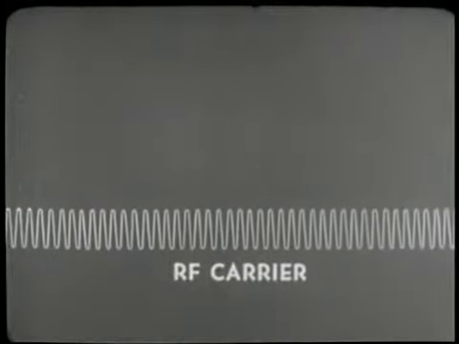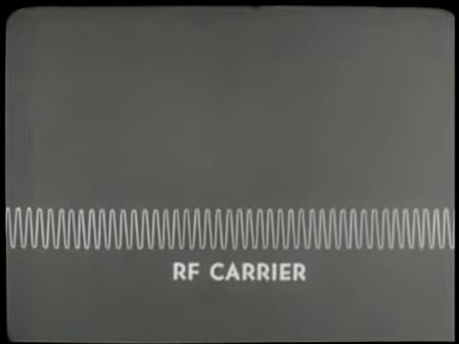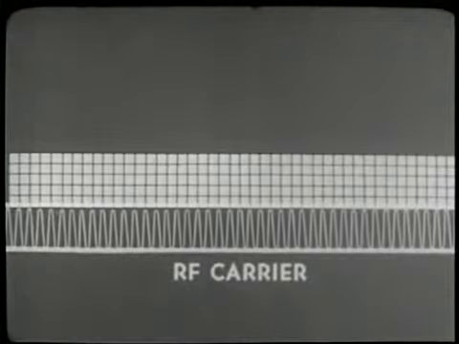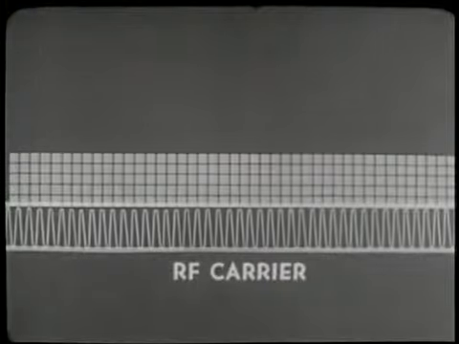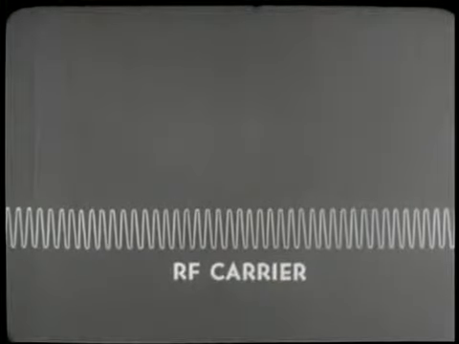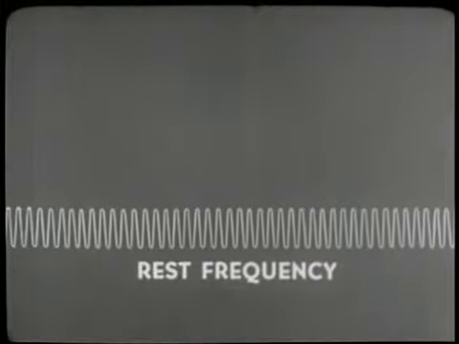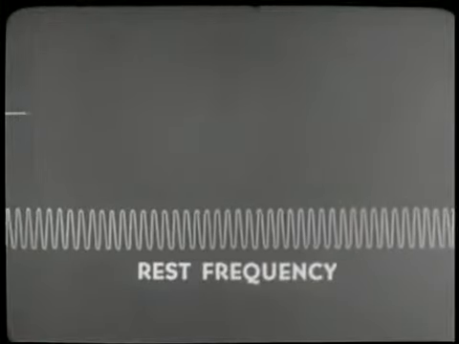An unmodulated carrier would be the same for FM as it is for AM. It has constant frequency and constant amplitude in its unmodulated condition. The carrier frequency, which is determined by the oscillator, is called the rest frequency. So long as there is no audio signal, the carrier is unaffected. But see what happens when an audio signal is applied, starting with the negative half cycle.